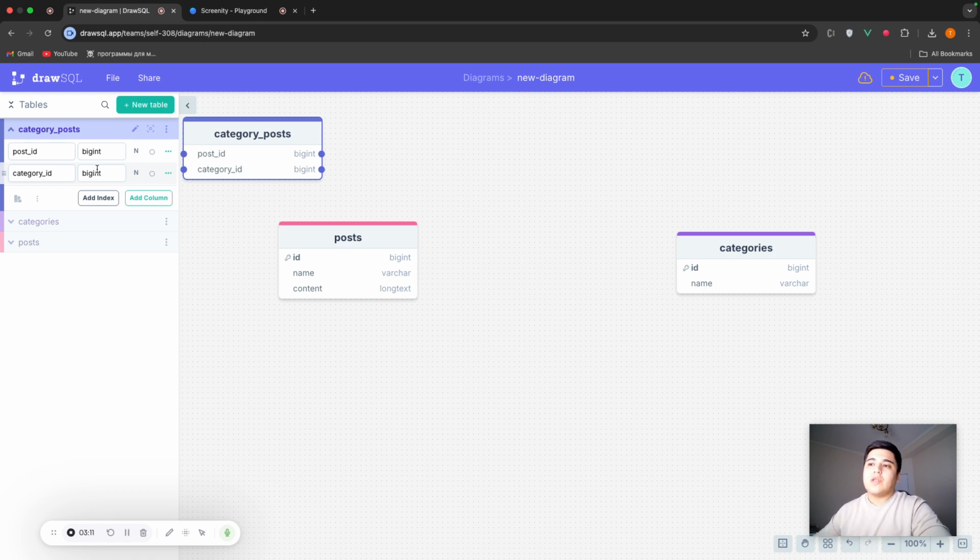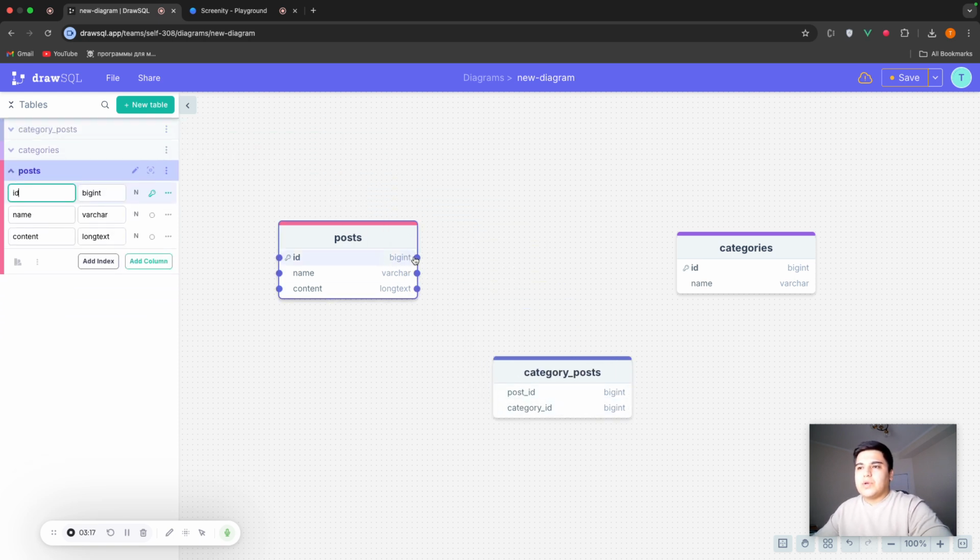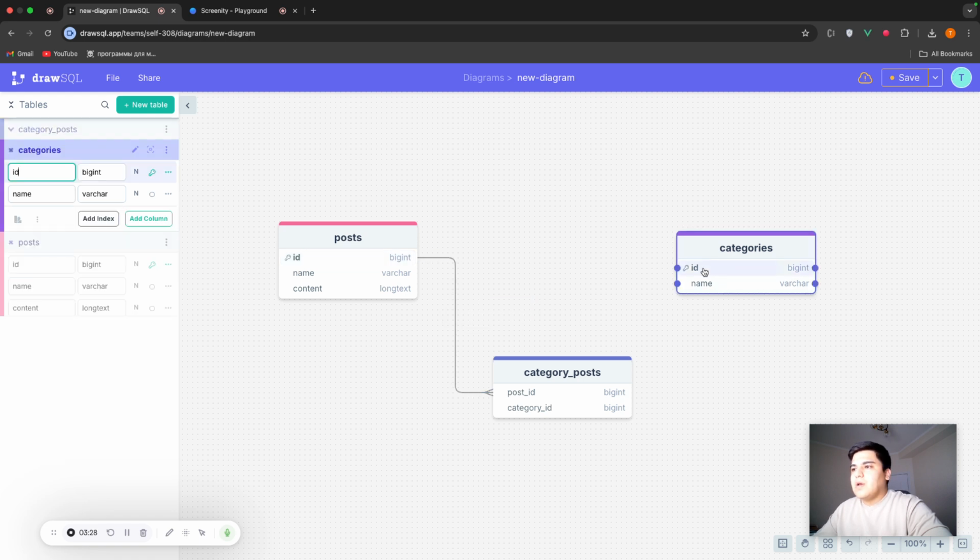Here we can't do foreign ID, but what we can do is connect and tell which post ID belongs to which one. So the post ID is linked to the posts ID. One post can have many of its pivots, so we do it one-to-many, and the same with the categories.